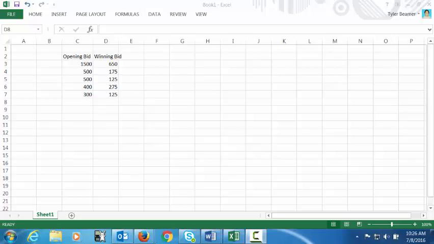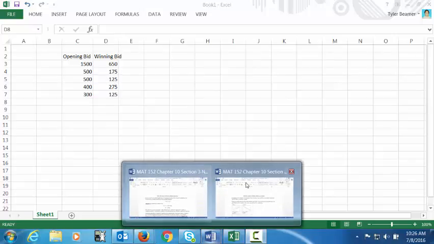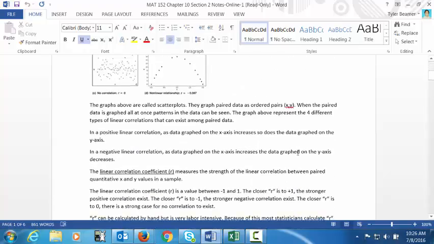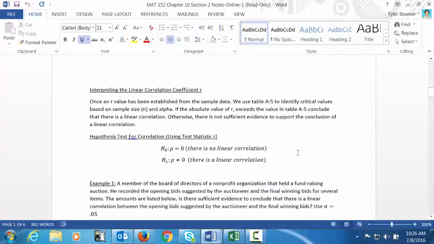The purpose of this video is to describe how to find the correlation coefficient and linear regression models on Excel. Okay, so I'm going to be working off of the example in the notes. So if we look at the 10.2 notes on correlation, we've got an example